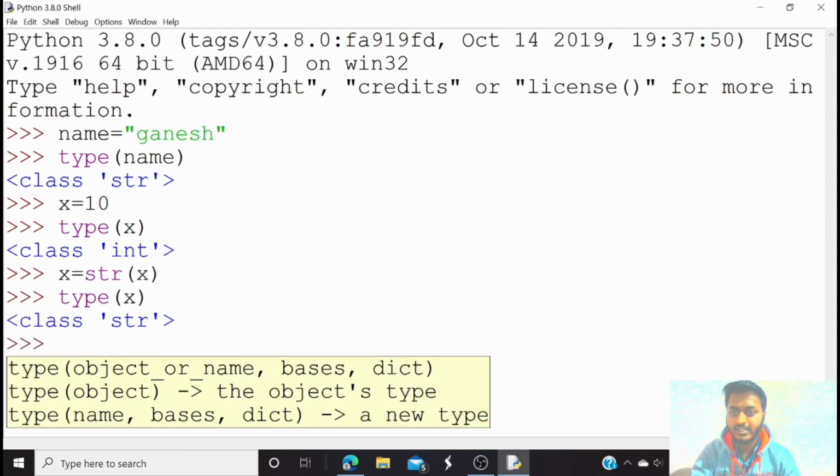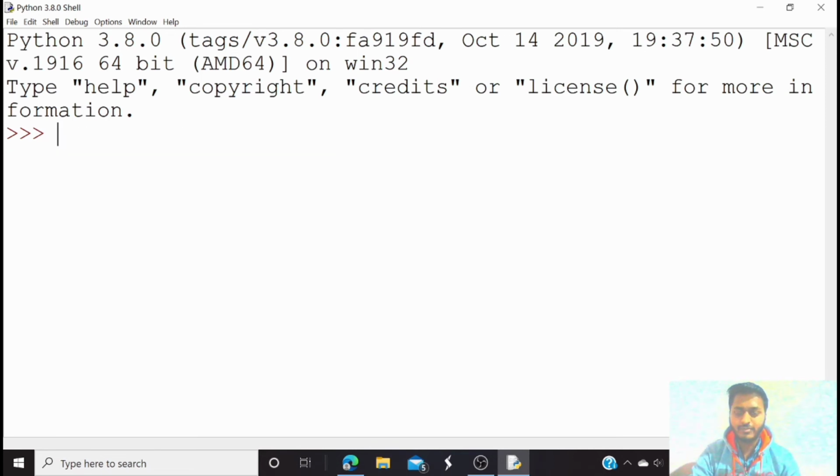So now you can see that the type of x was integer and now we did the typecasting, so the type of x is string. So in that way we can do typecasting. Here you can convert an integer or float value to a string, but you can't convert a string into an integer.